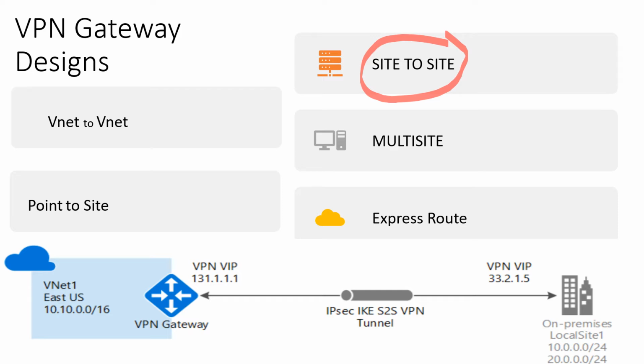In site to site gateway you have two sites. In our case, one is your on-prem site and one is your virtual cloud, the virtual network in the Azure cloud. Here you have an East US VNet hosted in East US with this CIDR 10.10.0.0 and prefix of 16. In that virtual network, there is a virtual network gateway set up and it has one public IP. So this will have one connection or tunnel